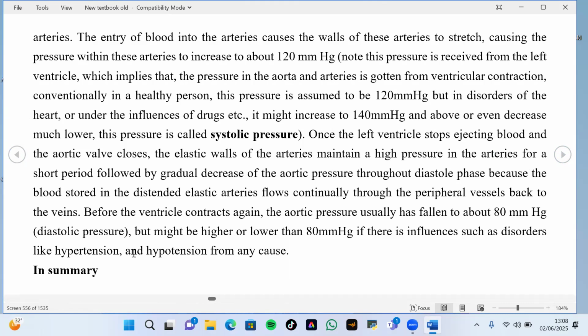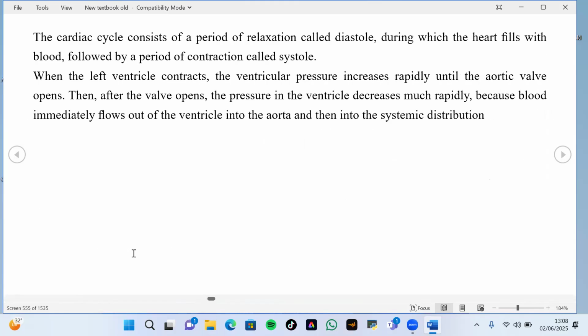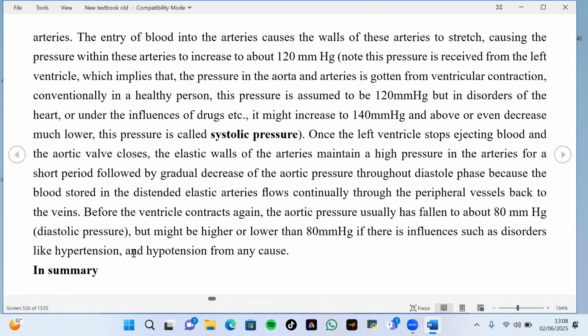So the entry of the blood into the arteries causes the walls of these arteries to stretch,